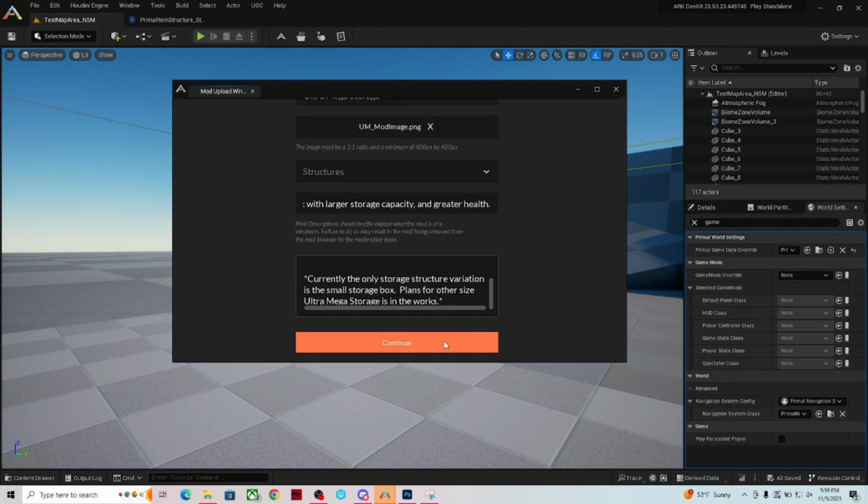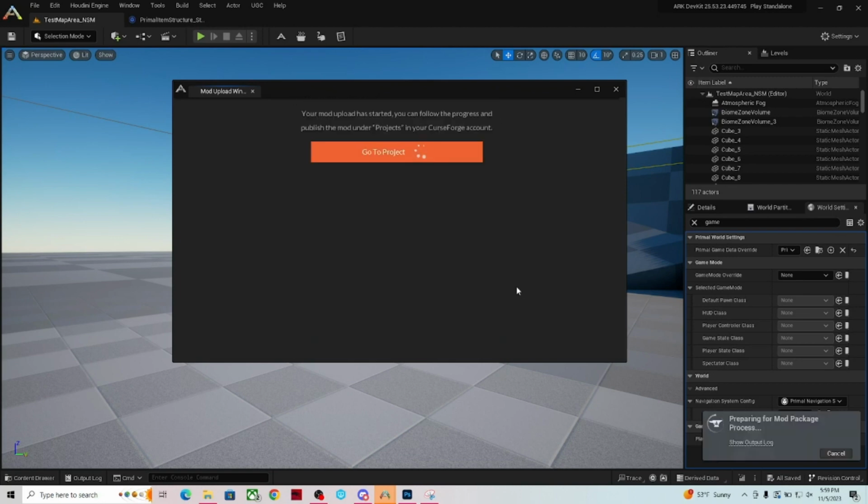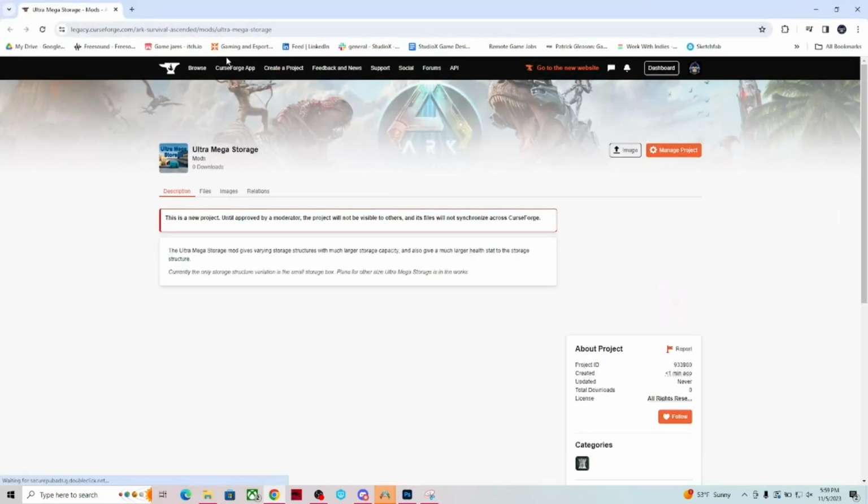So very simple. And we hit continue, and it says go to project. So now your mod was successfully uploaded. Let's click go to project. Let me grab that window and pull it over here for you. If it will. There we go. Couldn't grab it. Okay, so